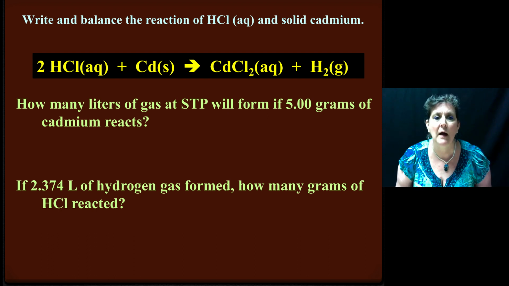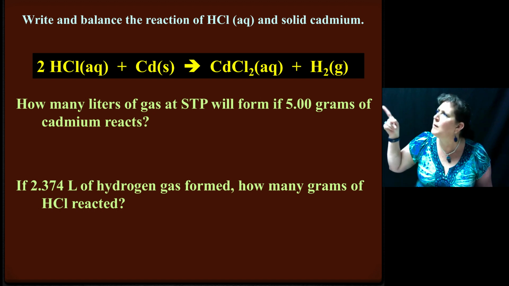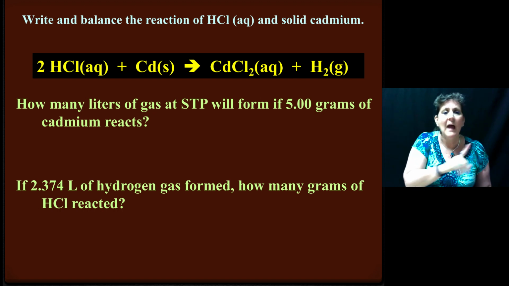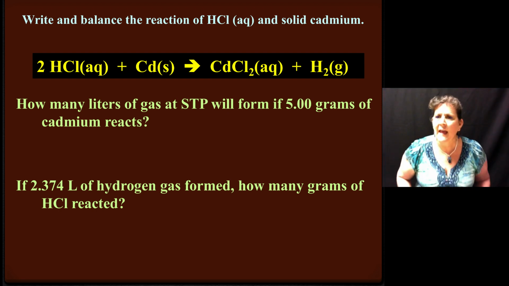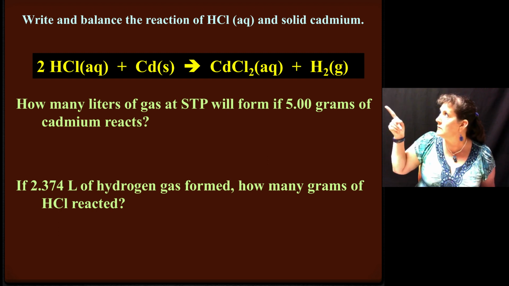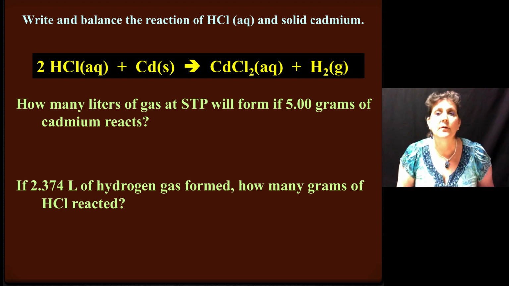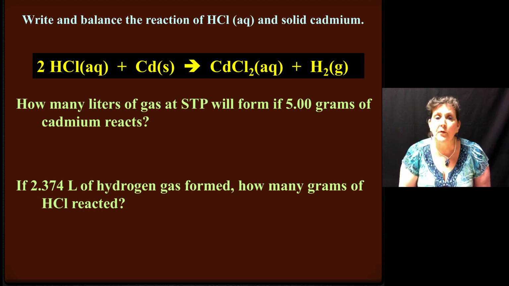What moles is on the bottom? Yeah, cadmium. How many cadmiums are there in the reaction? Just 1 mole. So 1 mole of cadmium's on the bottom. What are we trying to find? The gas hydrogen. How many hydrogens are in the reaction? Just 1. So 1 mole of hydrogen's on top. And moles of cadmium cancel. Now we have moles of hydrogen.